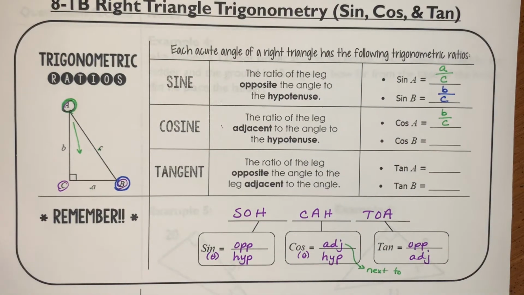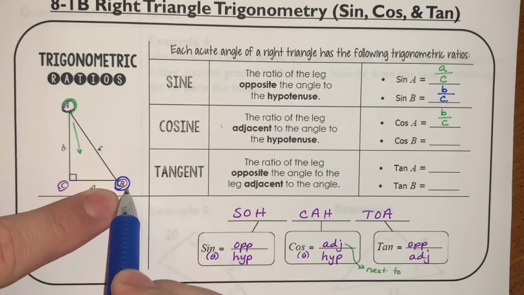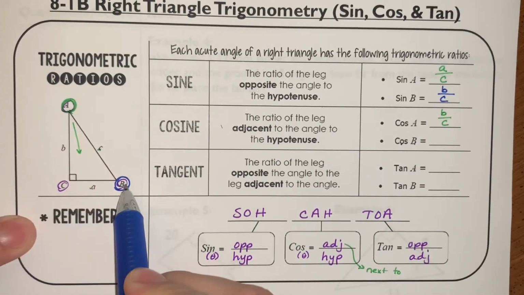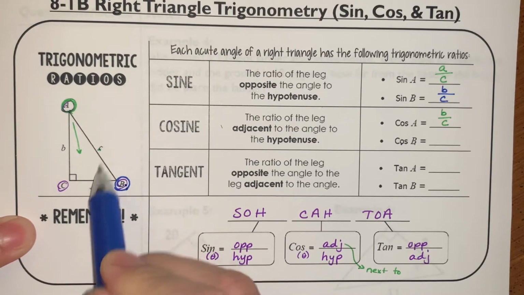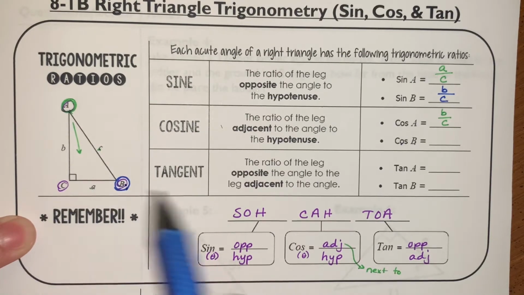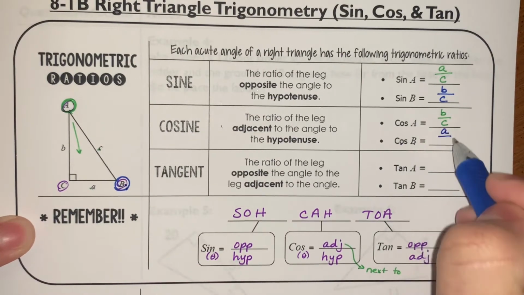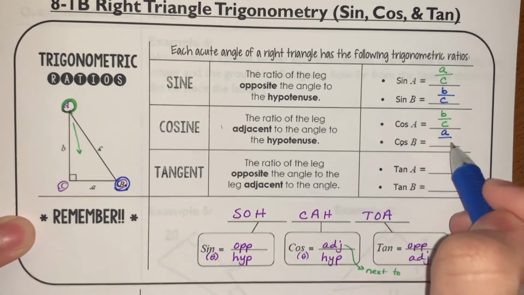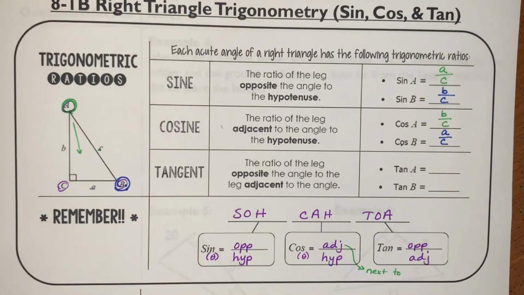And then same thing over here from the perspective of this angle B, cosine of this angle, all right? Obviously, there are two sides next to it, but we already said that C is the hypotenuse, so A is adjacent to that. So A divided by, and it's adjacent over hypotenuse, and the hypotenuse we already established was C. All right, and that's it. That's pretty much the setup of